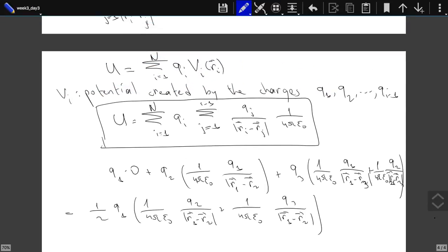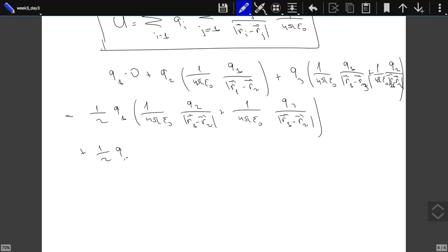Well, you see, this term was in fact over here. Now, this term I divided into two parts. Each one will have 1 over 2. So 1/2 of this term is over here, and 1/2 of this term is over here. Plus